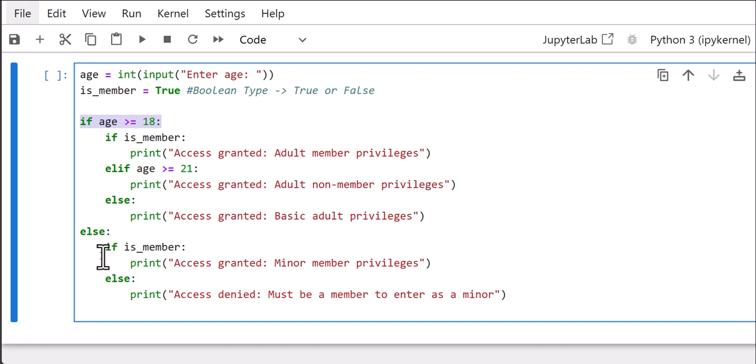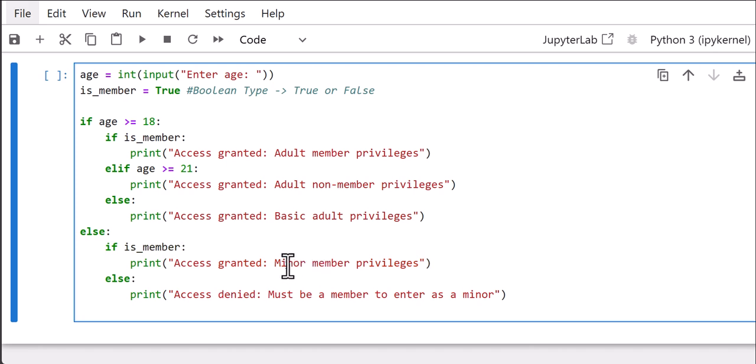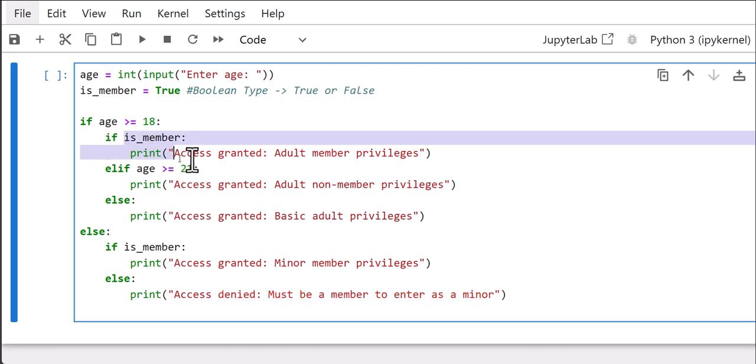So if it is not, then I am also checking if age is less than 18 and is a member. So access is granted, and because the age is less than 18, I have minor member privileges. Otherwise, age less than 18 and not a member, access denied and must be a member to be entered as a minor. Okay. Now if the age is 18 and is a member, so there's a different access is granted